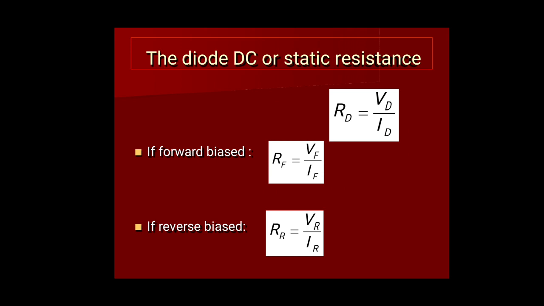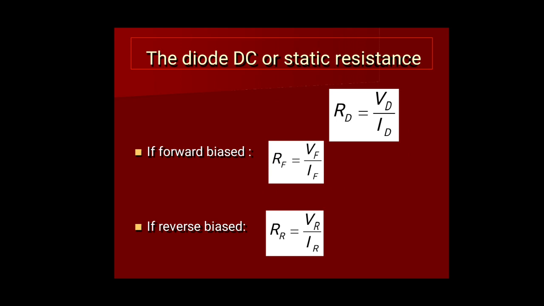So there are some DC or static resistances. This is the diode resistance. DC means direct current, so there is no change in voltage and current. So RD is nothing but VD upon ID. As you know, there is a relation between resistance, voltage and current: R is equal to V upon I. So what is the